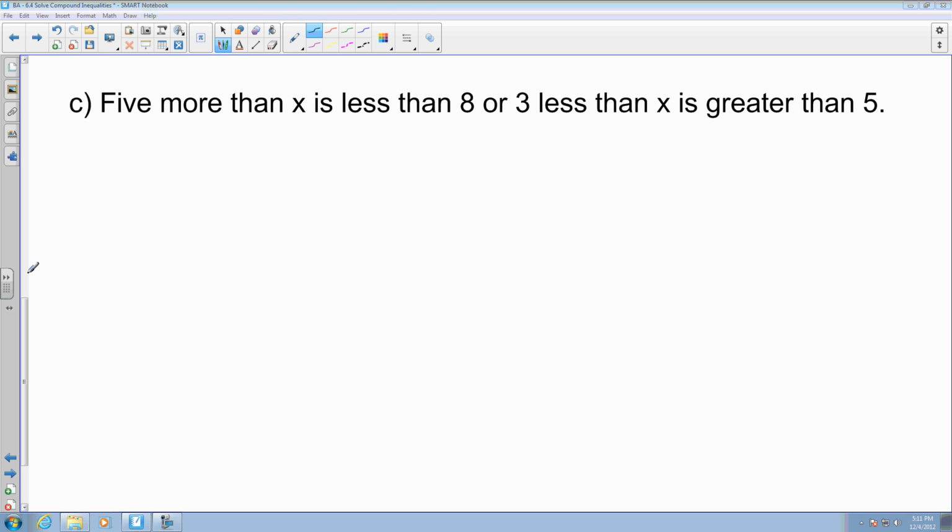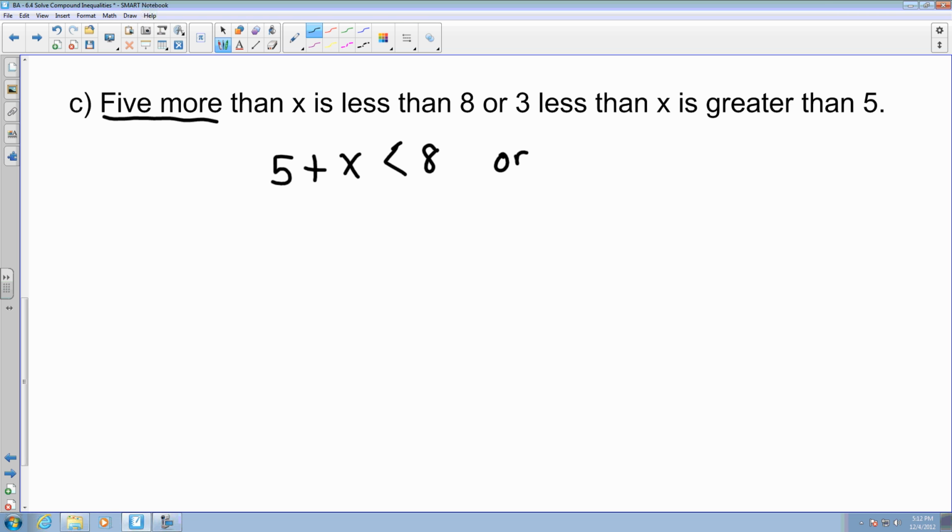So let's try to figure this out. So I have 5 more. That sounds like an addition. So I'm going to put 5 plus x is less than 8, or, which means this is going to be an or statement,